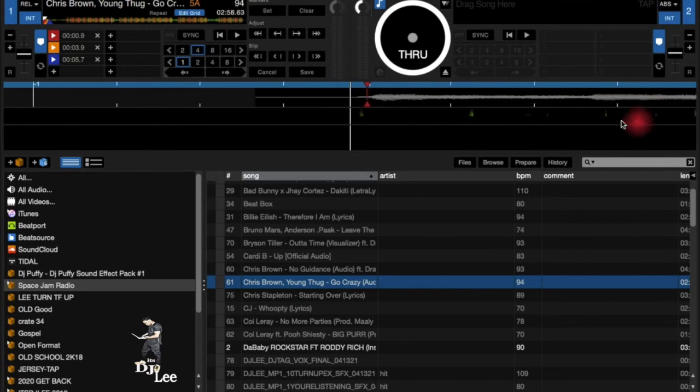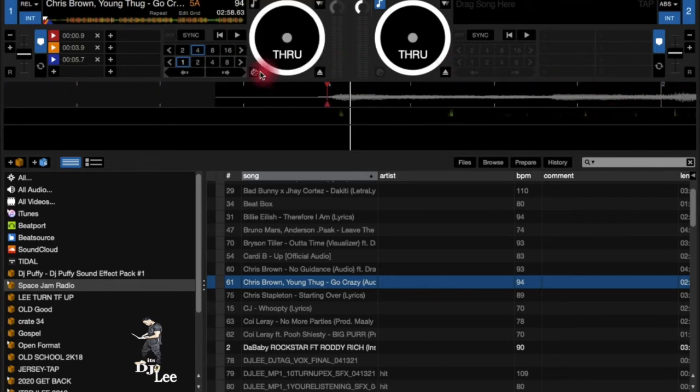Right here you have your loops. 2 bars, 4 bars, 8 bars, 16 bars. Alright, you have your sync button. It will sync both sides to each other. It just did not, but it will sync this side to this side. Your BPM's right here, 94 BPM. You have your meter, your volume meter, how loud the song's gonna be coming. If it's clipping, you'll see the red and the yellow. You have your tempo change, your BPM change, which is right here.